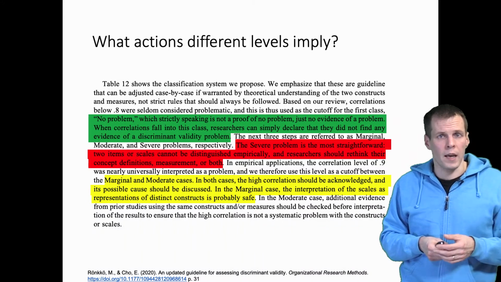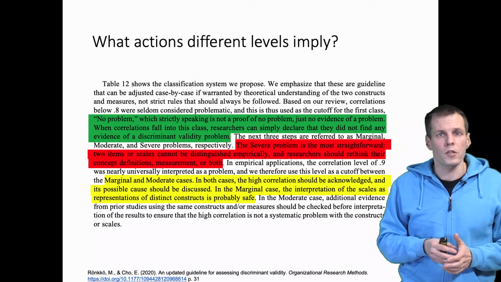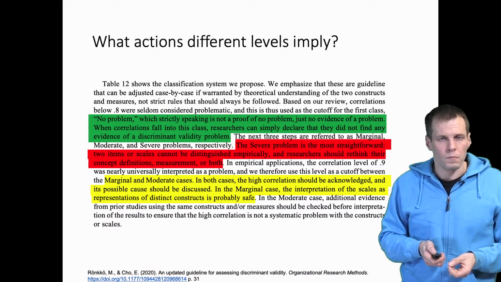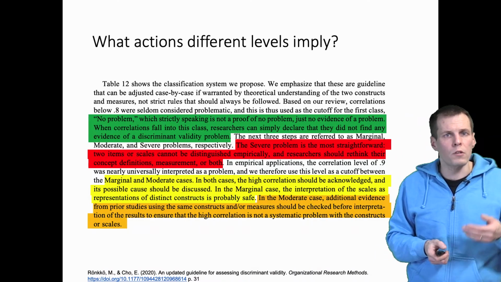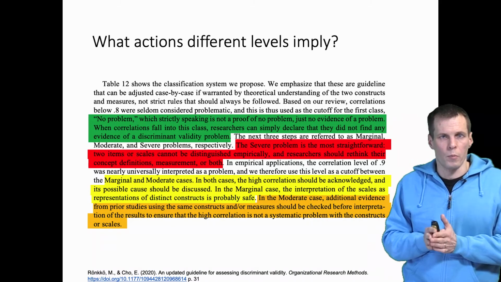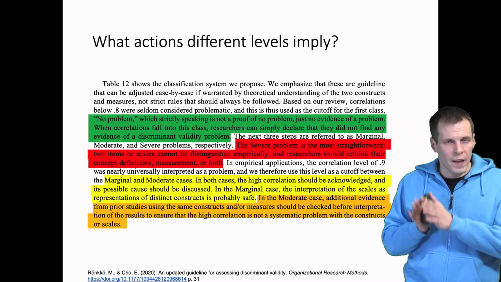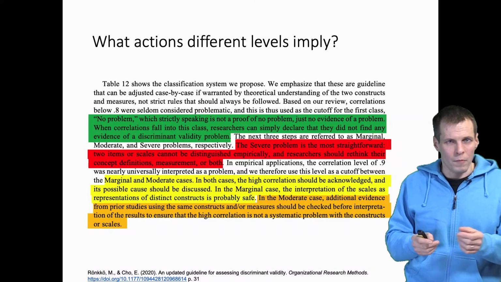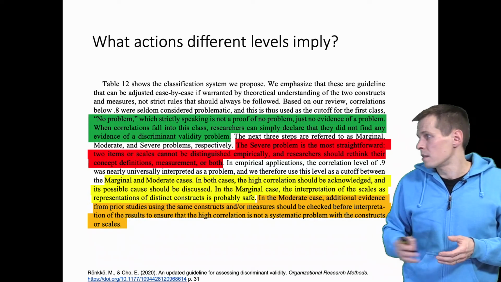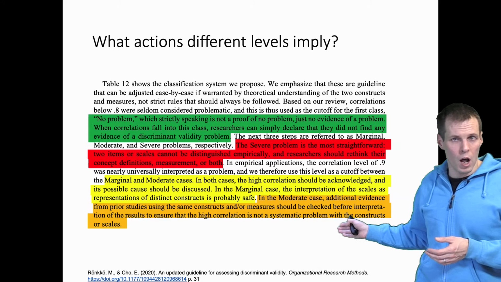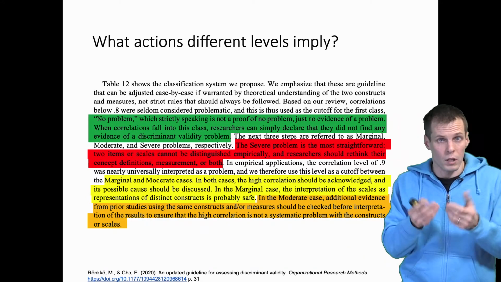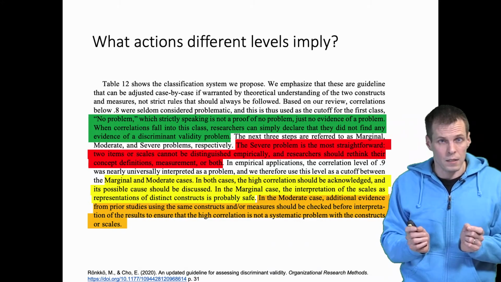If you have a moderate case, which in our example is a correlation of more than 0.9, then we need more evidence. So in moderate cases, you also need to demonstrate that it's actually not a systematic problem with the scale. If everyone uses two scales to measure two constructs and always gets this moderate or severe problem, then we know that there is something problematic either with the concepts or with the scales, and we